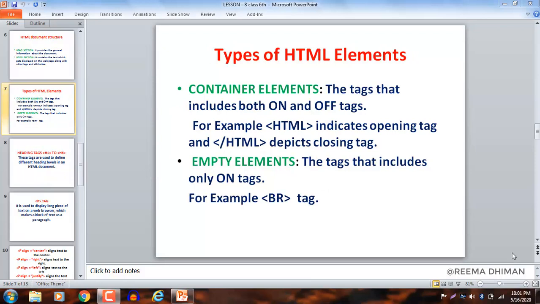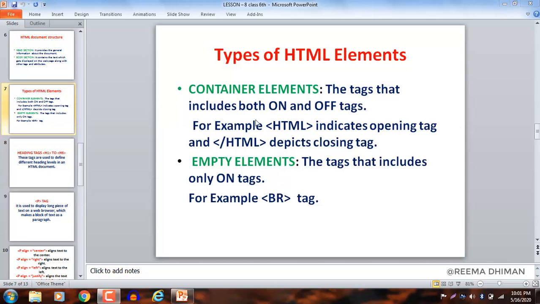After learning about the structure of HTML document, let's now discuss the types of HTML elements. So HTML is a tag based language and contains various elements, tags and attributes. Tags are building blocks of a web page. They contain elements which define how the information on a web page is formatted or displayed. A tag comprises of text enclosed in angle brackets.